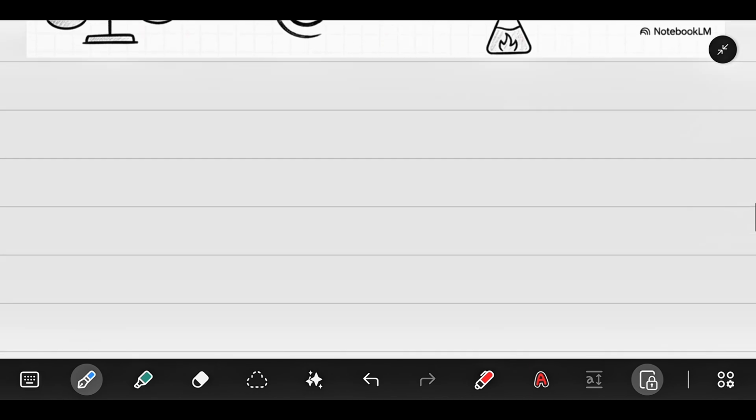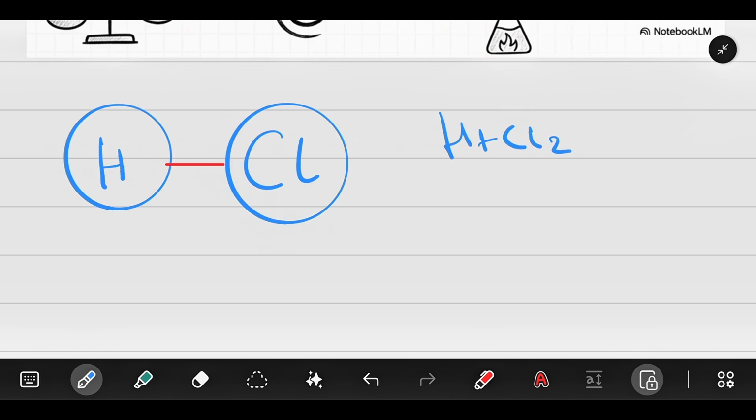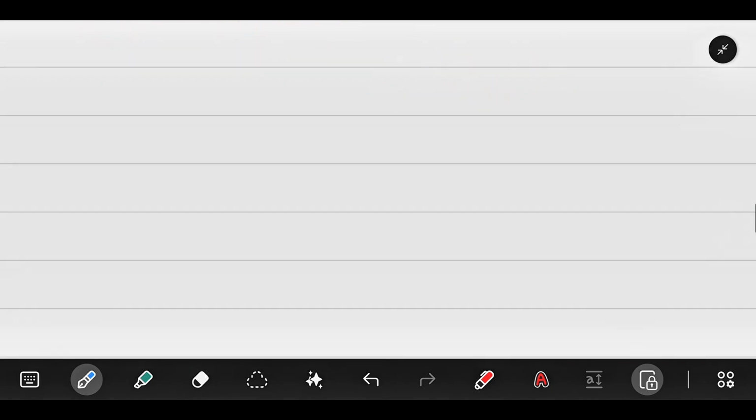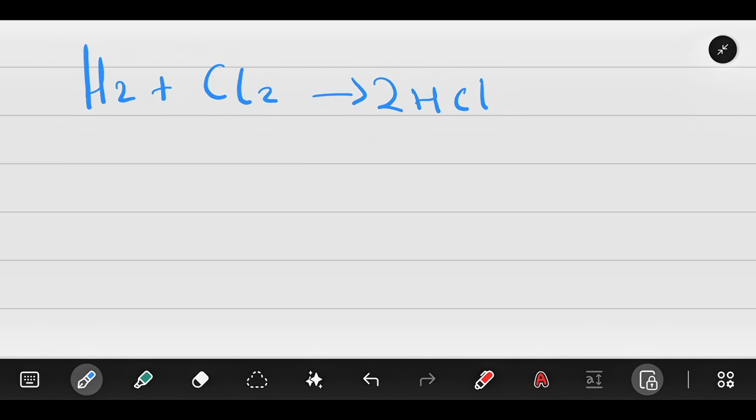So if I were to form 1 mole of HCl bonds using hydrogen and chlorine, it would release 431 kilojoules of energy to the surroundings, and it will be a negative value because it is releasing that energy. So if we took this simple reaction, H2 plus Cl2 gives us 2 HCl,